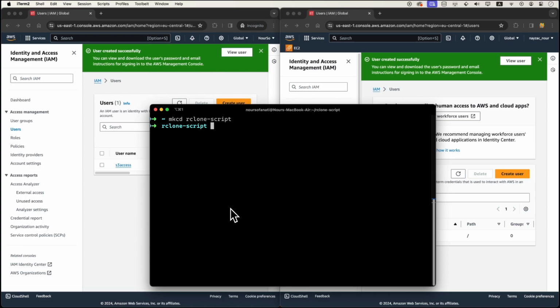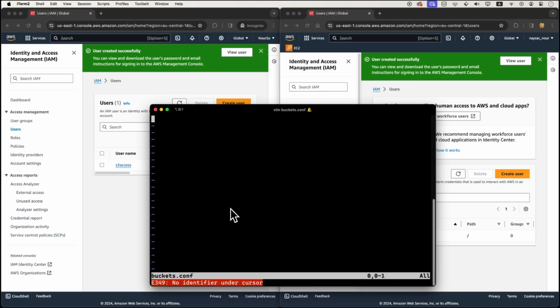We're going to create a new configuration file for our two buckets. We're going to call it buckets.conf, and we're going to have two segments here. One for the source bucket, type S3, provider AWS, and we need to input our key ID and secret access